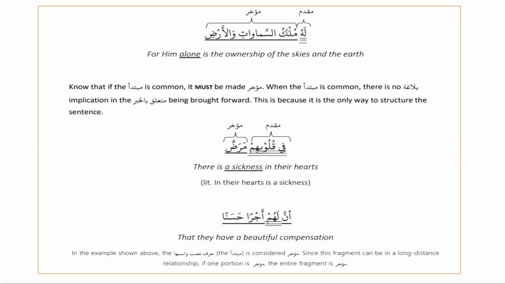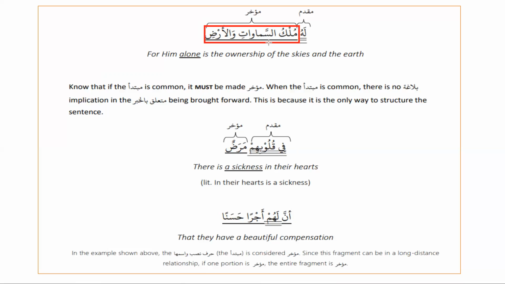Mulku mudaf, then as-samawati mudaf ilayh, then harf ataf, then al-ardi is matuf ala samawati. So mulku samawati wal ardi is one chain. This is chained like mubtada, two fragments. One is mudaf mudaf ilayh, another is matuf